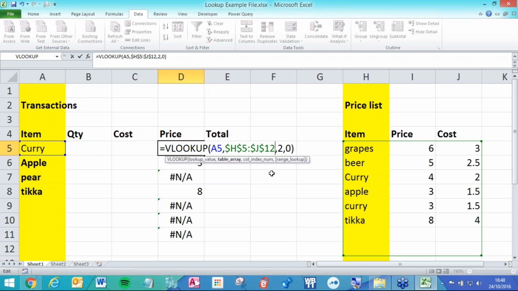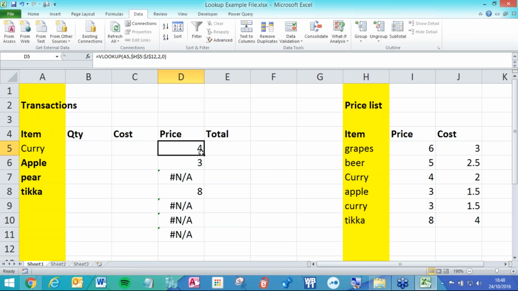The dollar symbol is almost like applying glue to that part of the formula. So no matter where we drag this formula down, it will always stay fixed on this area here. It will never move away from it. But if I now drag that down, the end result is the same, but the difference here is these NAs